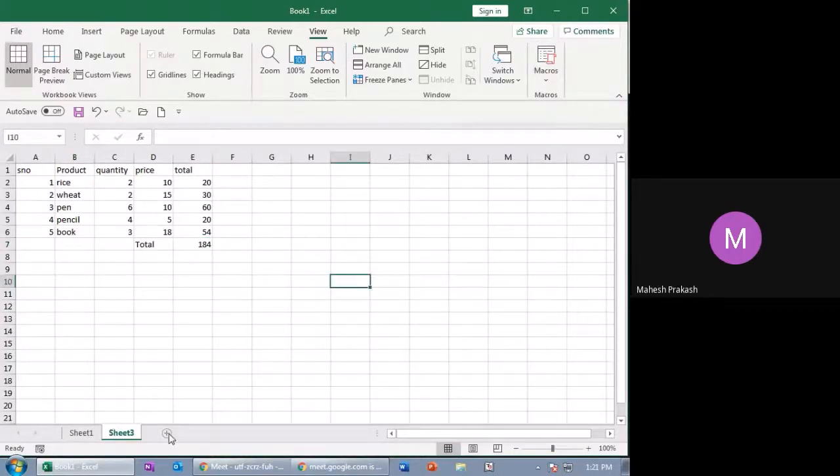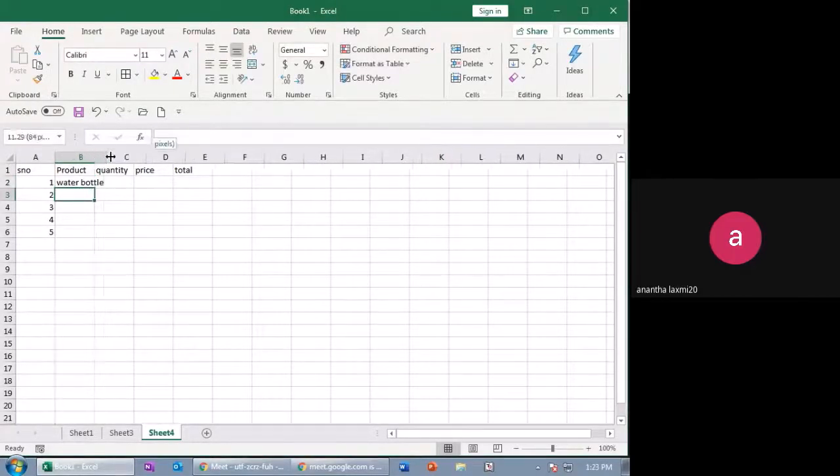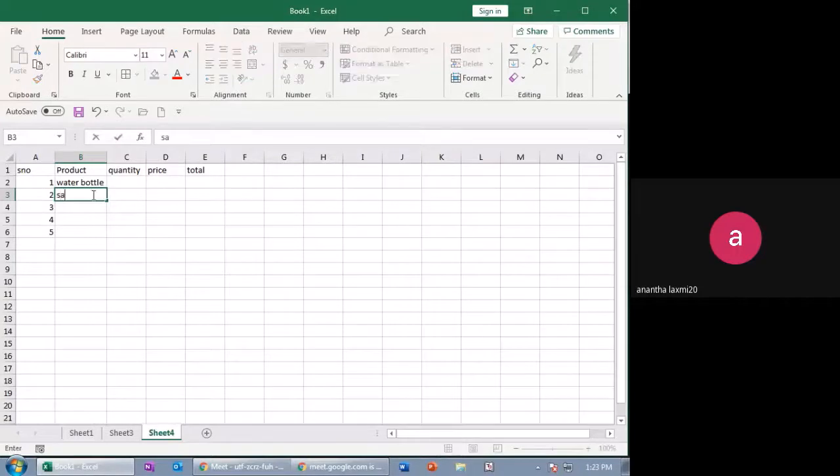Now I'll come tomorrow and open a new sheet. So random numbers, quantity I'm putting.